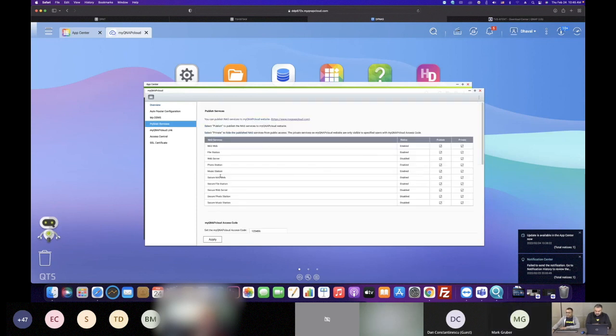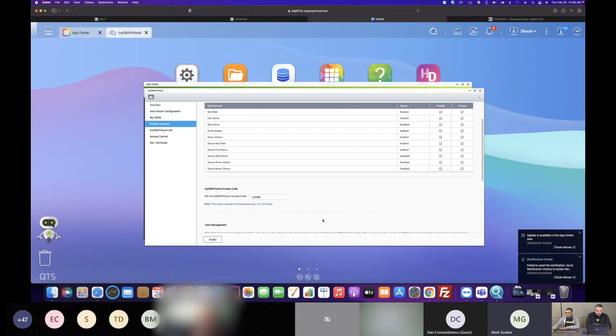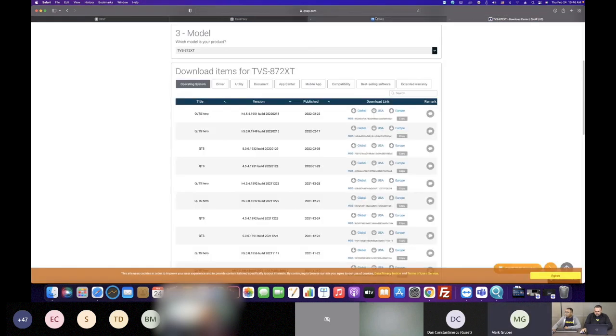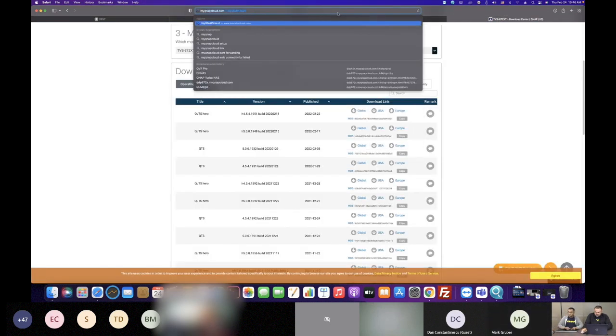Another thing you want to disable is publish services. Disable, uncheck all these services, and apply that. So the NAS won't be publishing the services over to our website. Right? Because there are multiple ways to remotely access your NAS. First, if you have opened the port on your router, you can access the NAS directly from your browser, or you can actually go to myqnapcloud.com